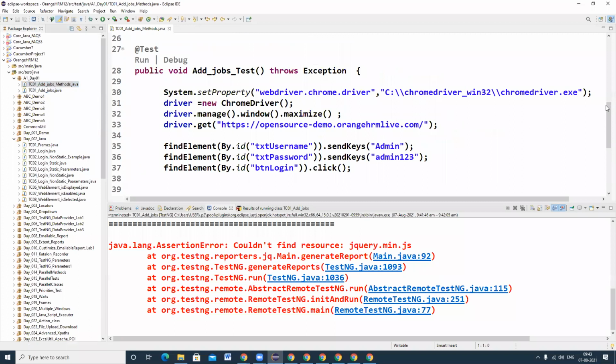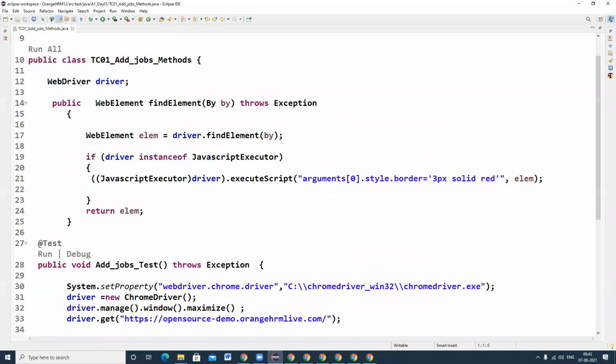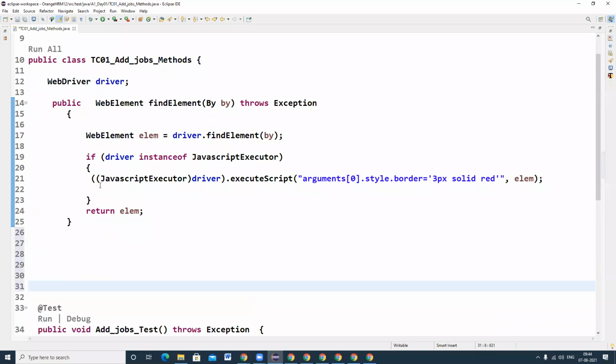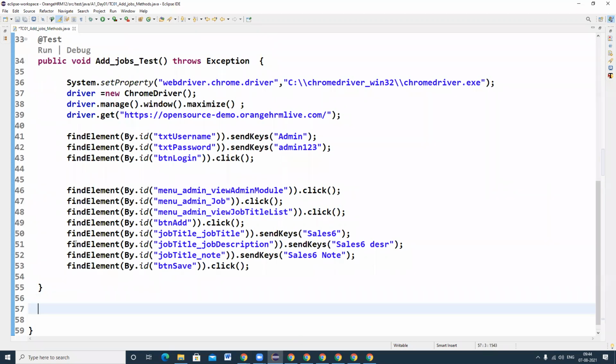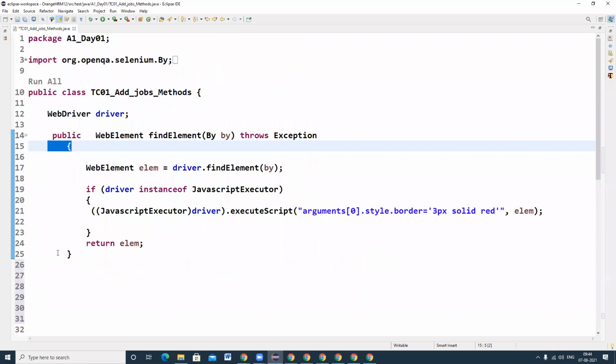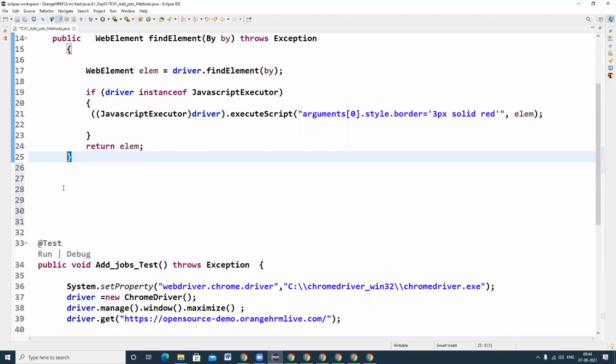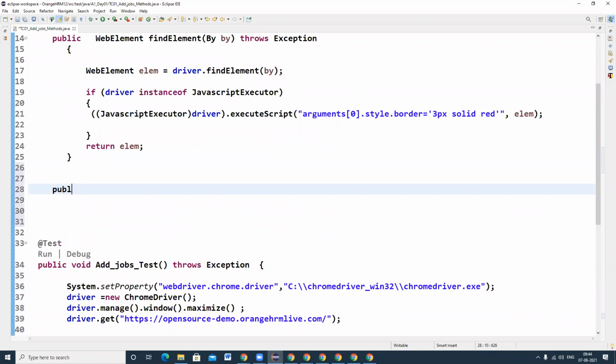Now I want to write n number of methods, I said. You can write methods generally here. This is the ending curly bracket for the class. You can write your methods here or outside of any other method. Ensure every method contains a starting curly bracket and an ending curly bracket. Anyway, I'm going to write here now, public void open Chrome browser.